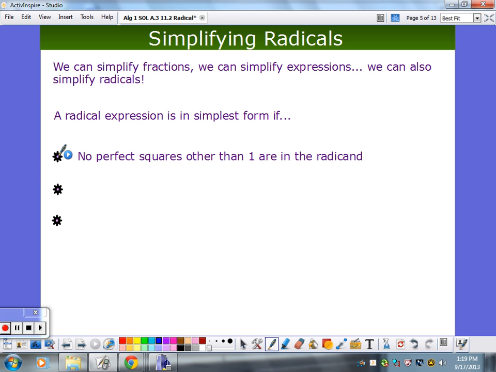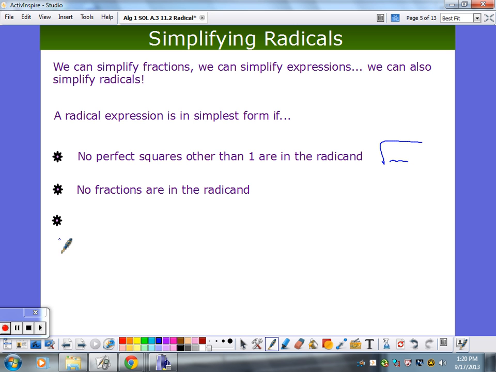Hiding in the radicand. Remember what the radicand is? It's the number inside. It can't have any perfect square factors. Part of simplification is, if I have some perfect square factors, I take them out and take their square root, so that the only thing inside is something I cannot take a perfect square of, or a perfect cube, or